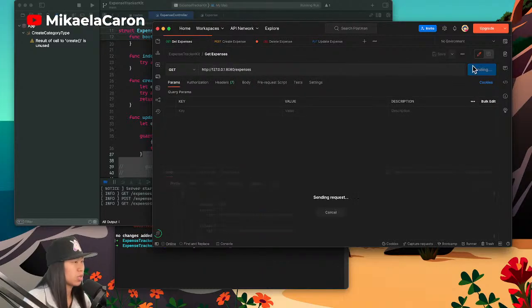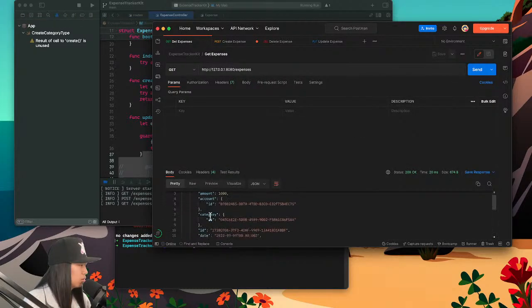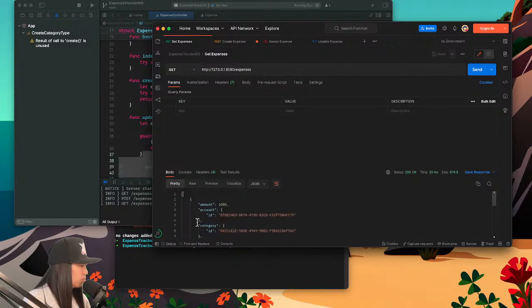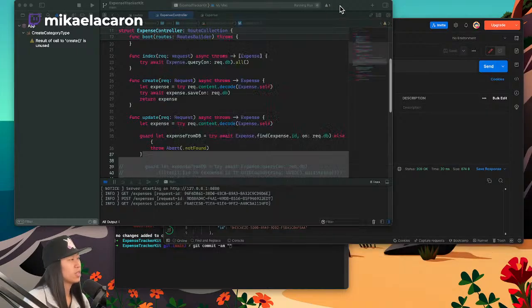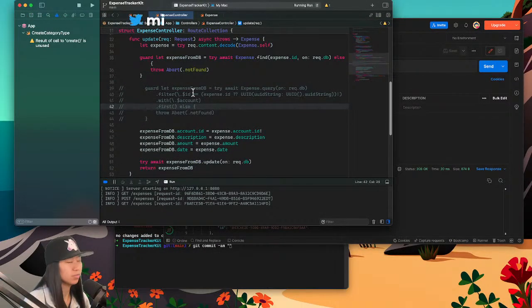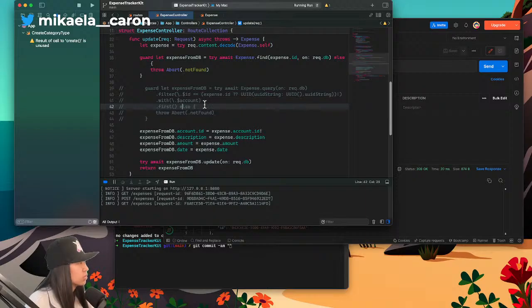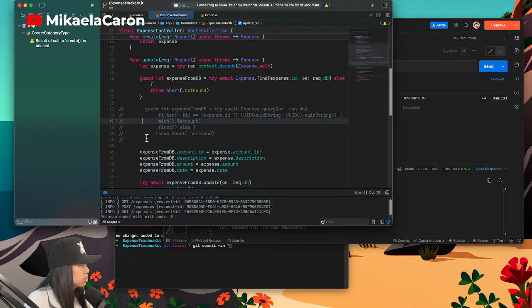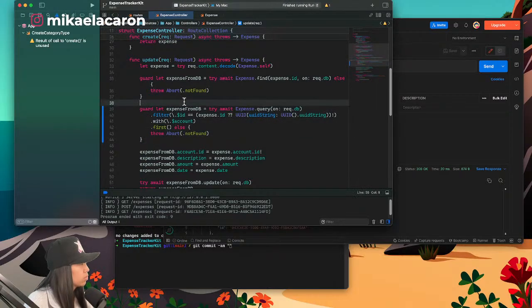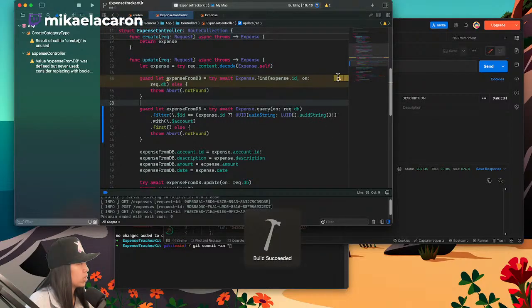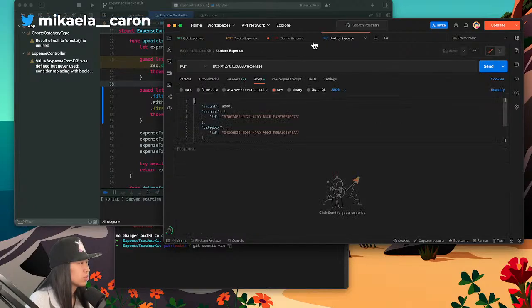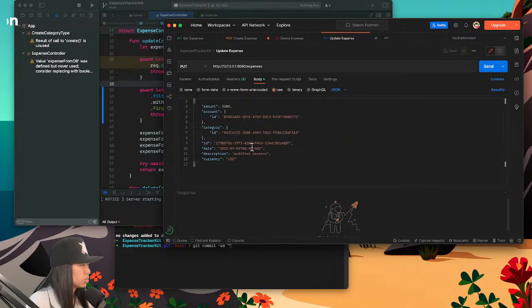So if we look back to get expenses, do we have 2 of them in here? Yeah, 1 and then 2. Cool. But we have to fix the update, is the issue. So when we uncomment this, we try to run it. The issue is with the update. So if we try to update one of these expenses,